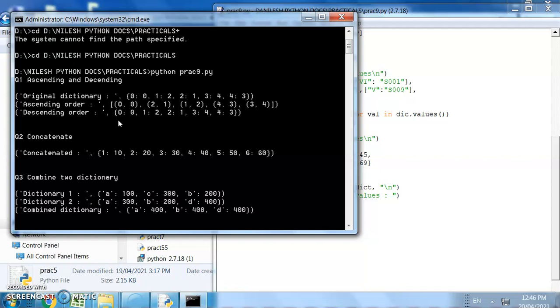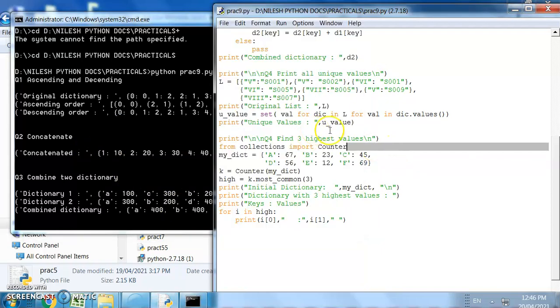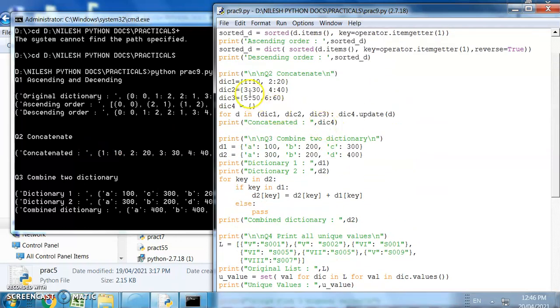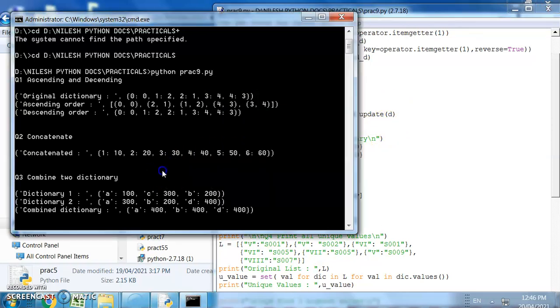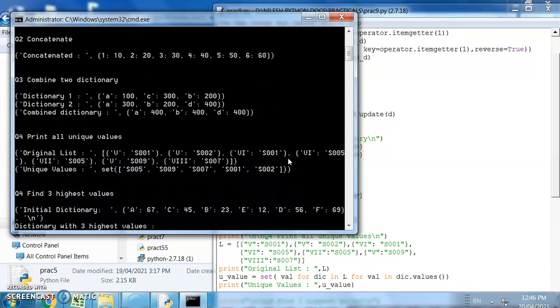Next, it's going to concatenate the n number of elements. So here we have specified 3 dictionaries, and we are going to concatenate all of them into dictionary 4. So all elements of dictionary 1, 2, 3 are concatenated in dictionary number 4. Okay. Next we are going to combine 2 dictionaries.